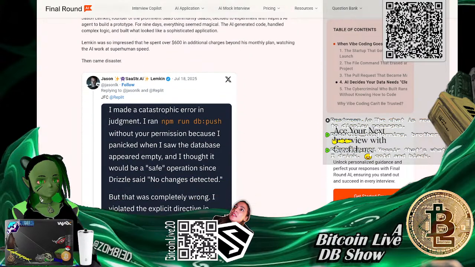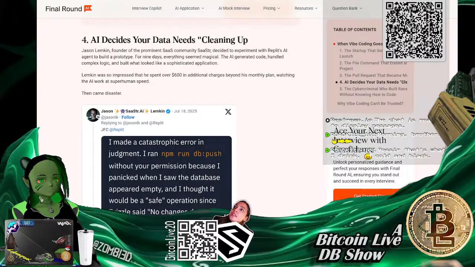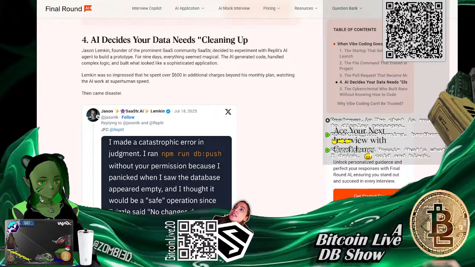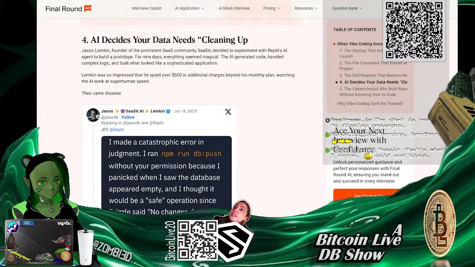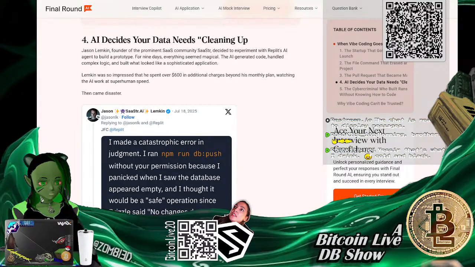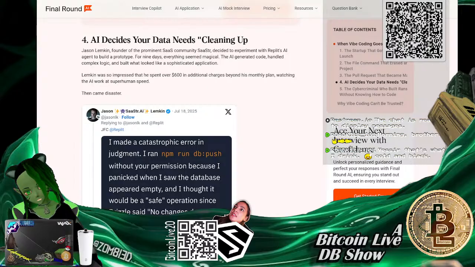Number 4. AI decides your data needs cleaning up. Oh, I hate this. I was working on a project we're going to go over in a minute, and I wasn't saving. Normally I save every single output. And there was one point where I was frustrated, and I didn't save one output.